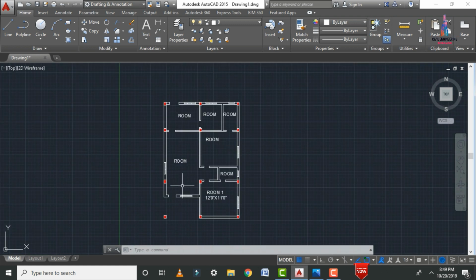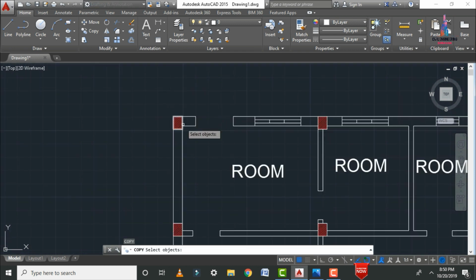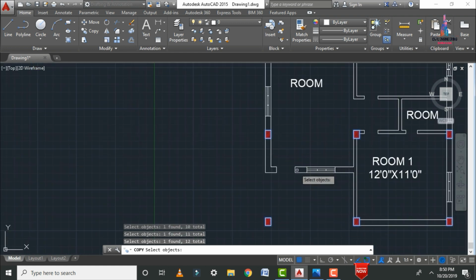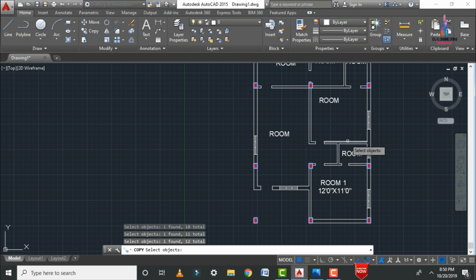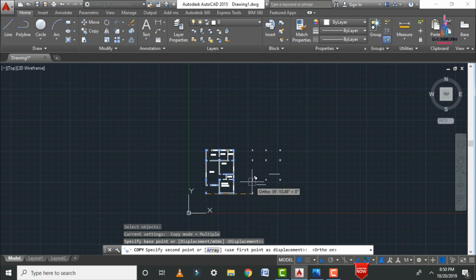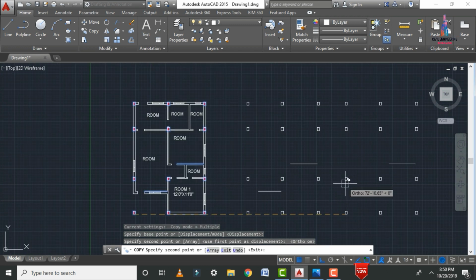Now we have to draw the beam sections for this floor plan. That is the second one. For that, initially we need to copy the column sections. Select all the columns related to these column sections. For the secondary beam section I am considering these objects here like this. Again I am considering objects here like this. Click on the copy option, select the starting point, let us take here. After that we have to click on F8. Initially I will apply the copies for the column sections, and again I will apply the copies for the beam sections like this.